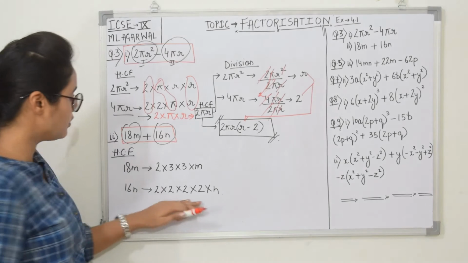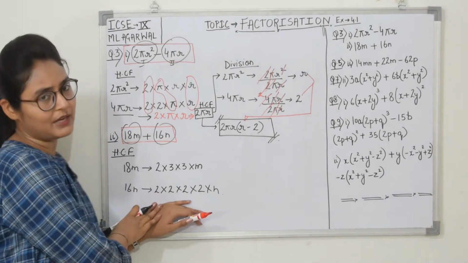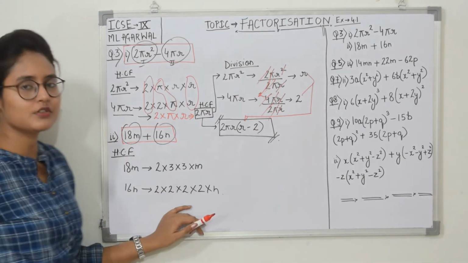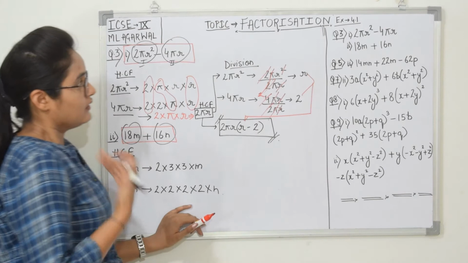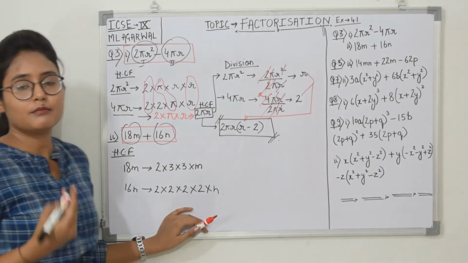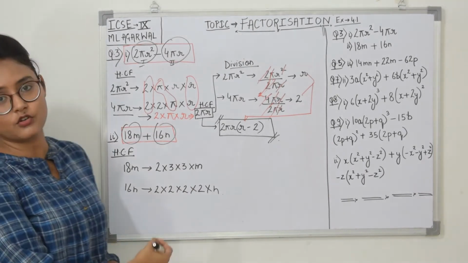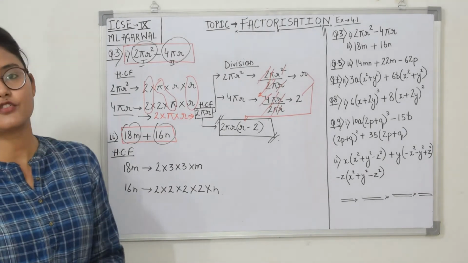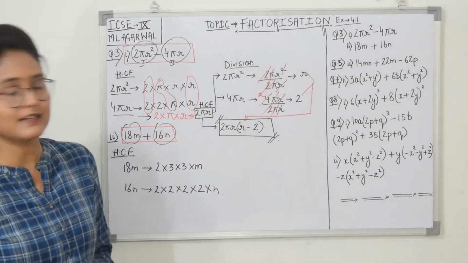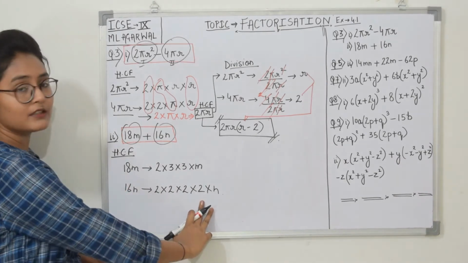I will recommend you to do basic prime factorization here, because these questions, looking at them, are simple here, but in the chapter of factorization you would be facing minor errors. If you are not covering each and every basic detail of your question, you can get your answer wrong at the end, and that would be costing you very much about your marks. So see, I have just factorized them in the basic form.